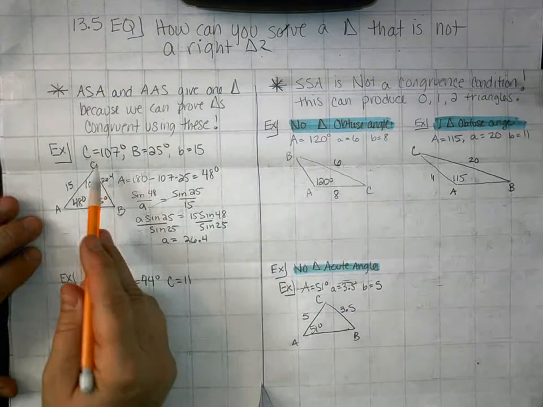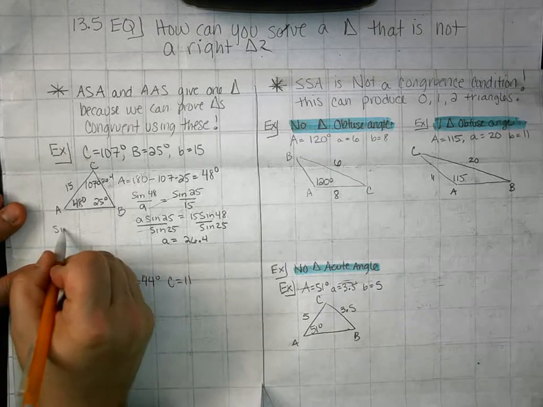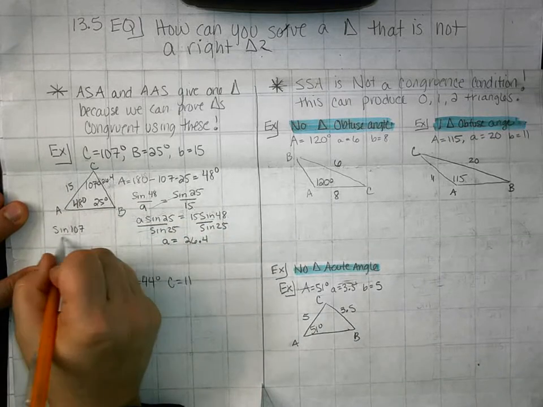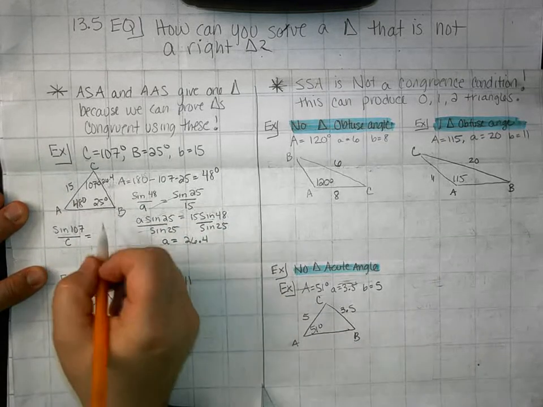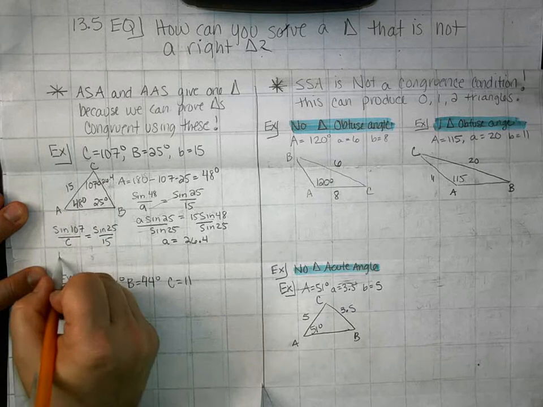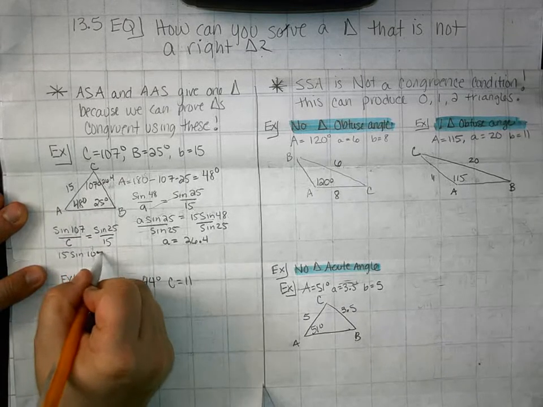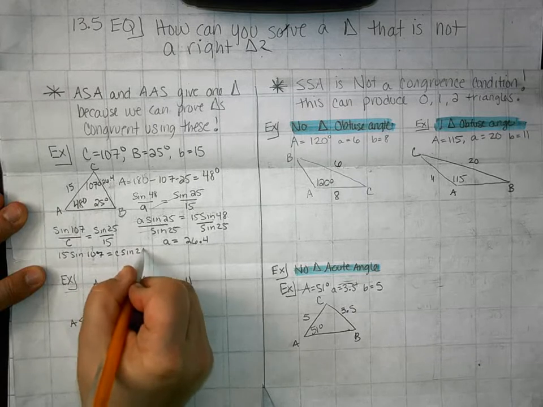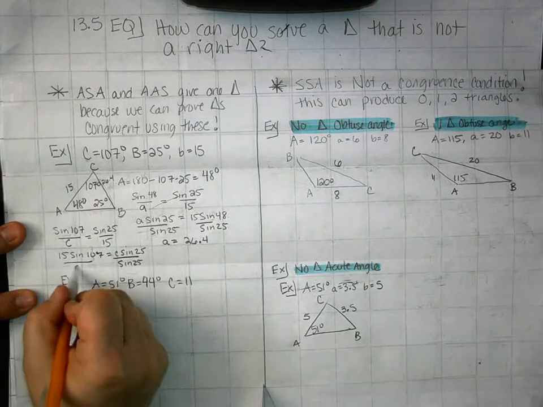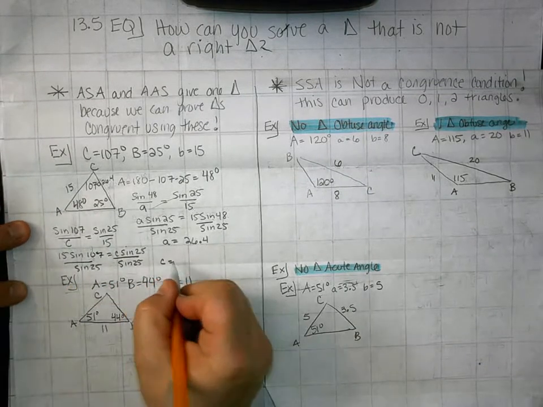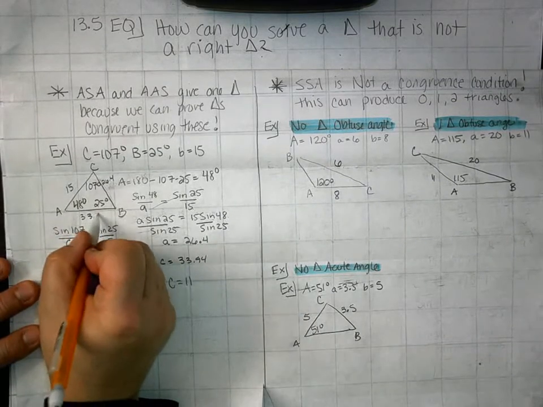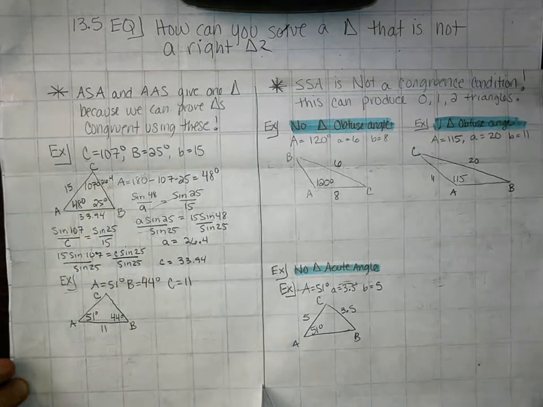The only other thing I have to solve for now is C. So I'm going to take the sine of C, well, that's 107, and put it over side length C, and I'm going to make my other side the same, the sine of 25 over 15. When I solve that, I get 15 times the sine of 107 is equal to C times the sine of 25. I just have to divide by the sine of 25, and I end up getting C is equal to 33.94. And my triangle is solved. Going to my next example,